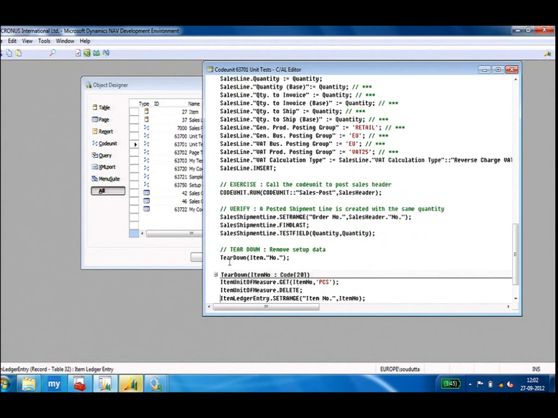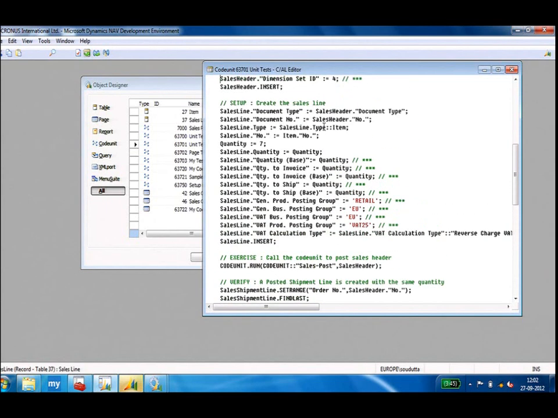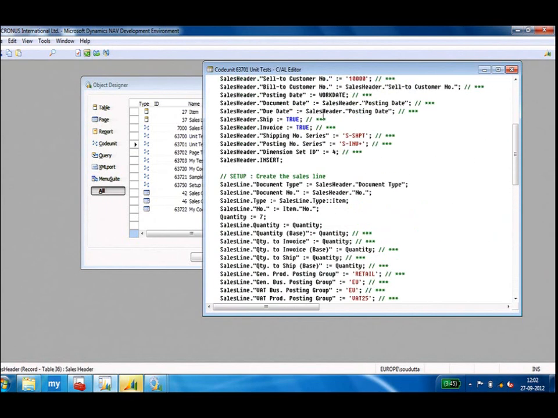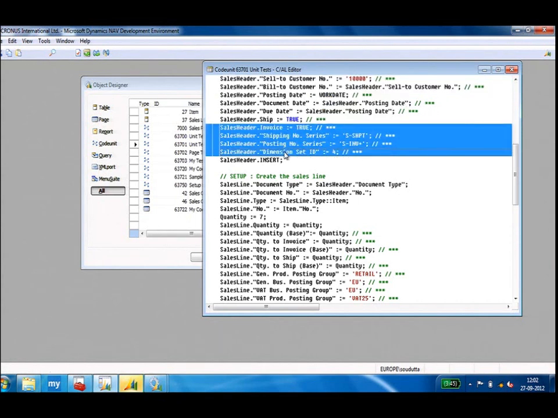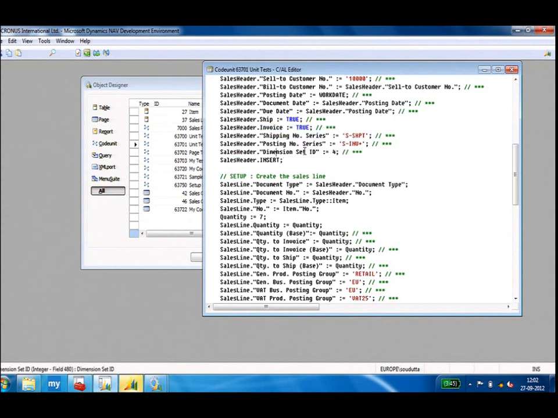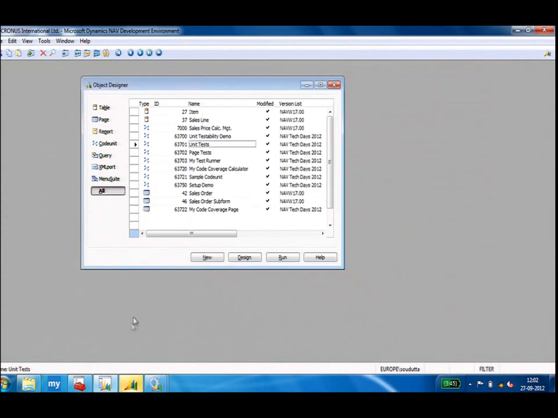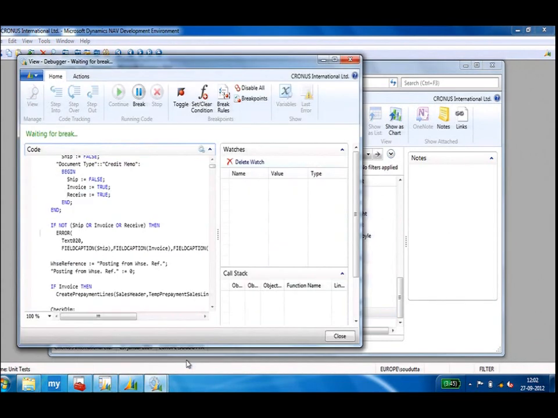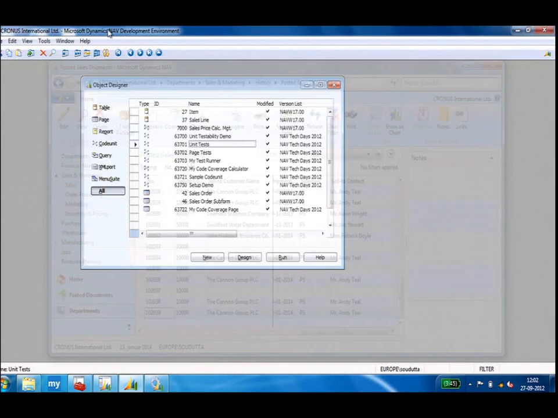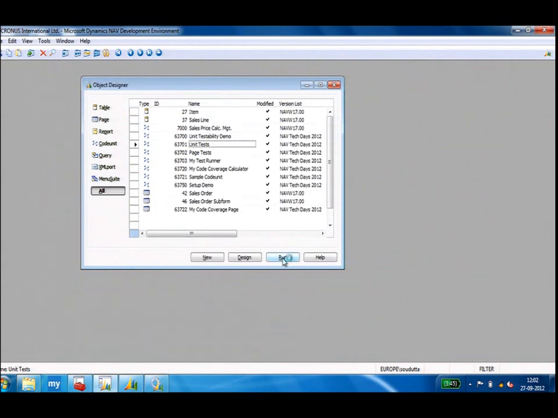You can see it's almost all green here. Of course, I have the same teardown as I used. But even if I had passed through ship is true, I would still have to set a lot many more things. But nevertheless, we have done our test, and I'll stop the debugger. If we just run this one, which does essentially the same thing,